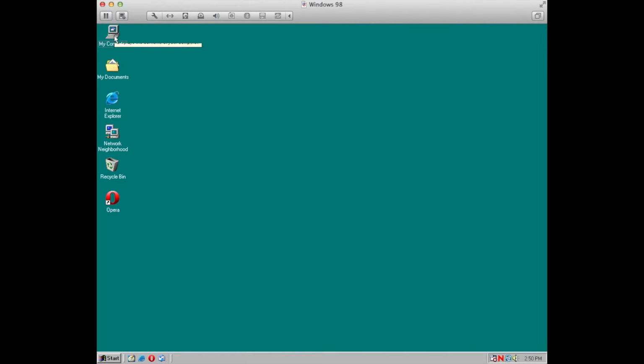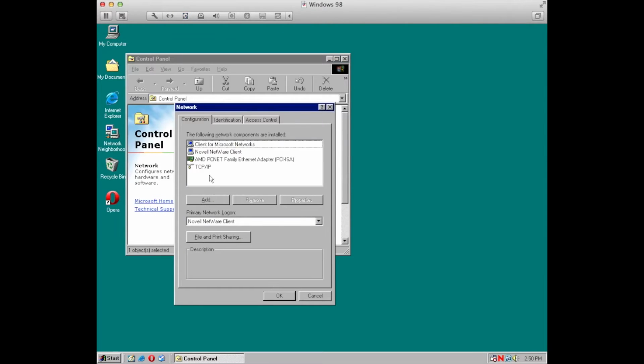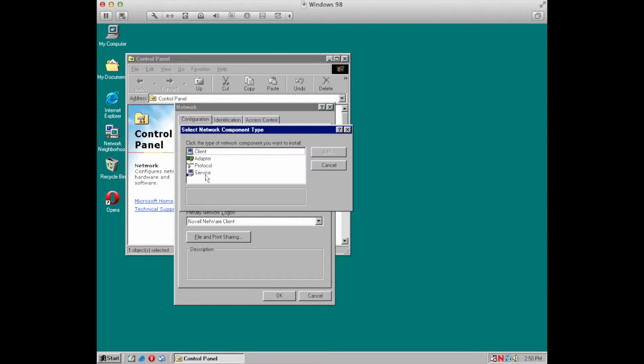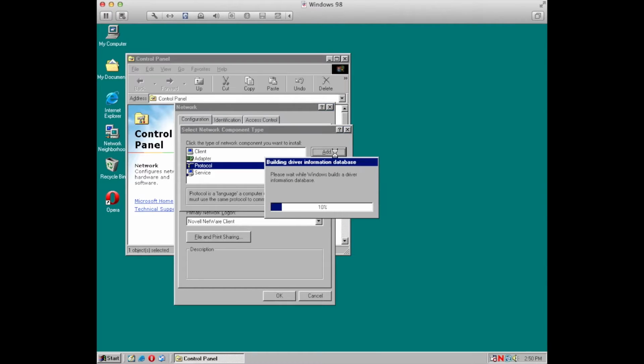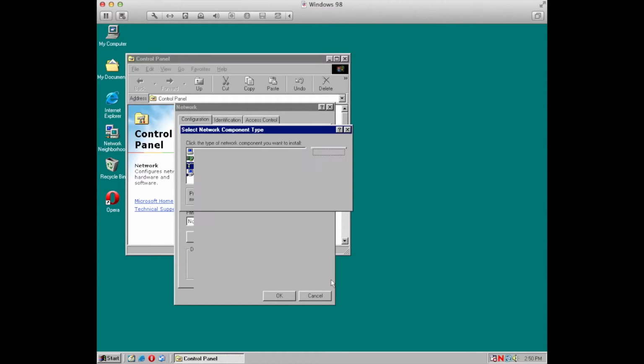And now what you're going to want to do is go to Start, go to Settings, go to Control Panel, and go to Network. Now you're going to want to click Add right here, select Protocol, click Add, and you're going to want to select Novell right here, and then select IPX 32-bit protocol for the Novell NetWare Client. Select OK,